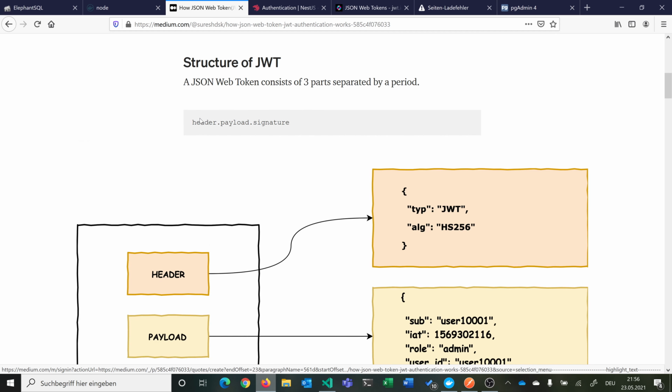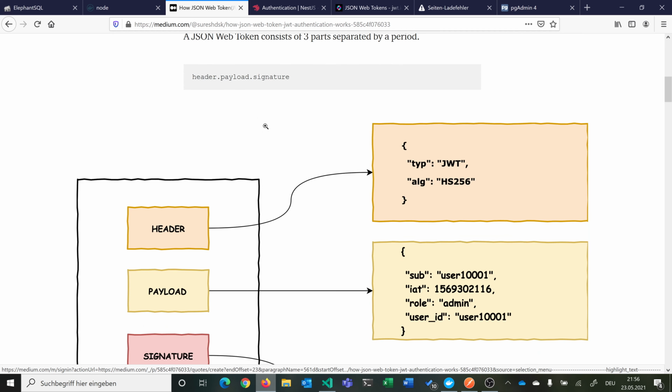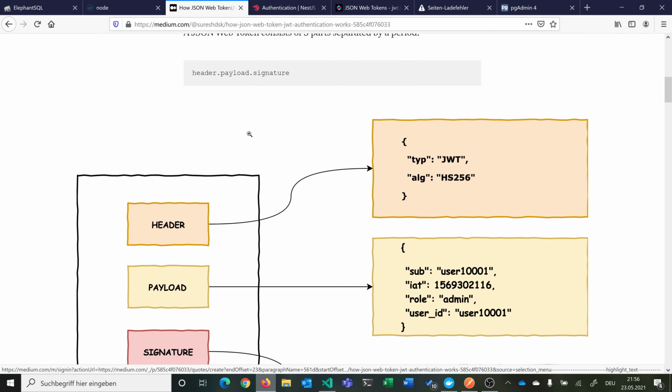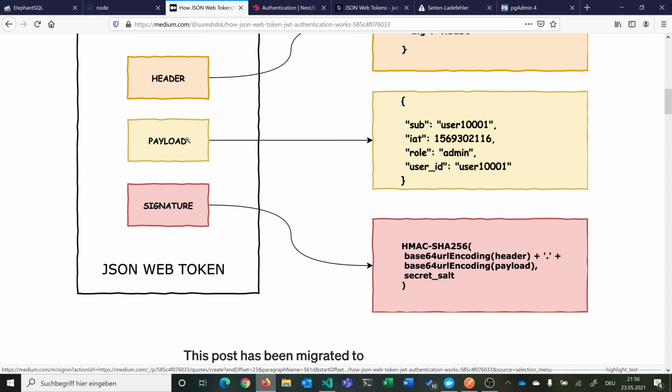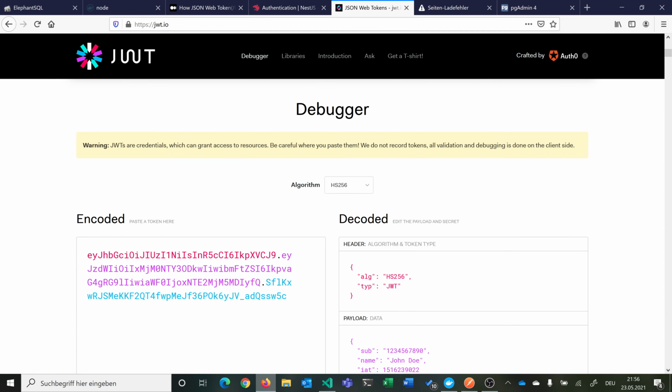And you can see here, a JWT consists of 3 parts: header.payload.signature. So we have a header, a payload, and a signature. You can see it here. This would be the first part, the header. Then we would have the payload, and then we have the signature. This all is